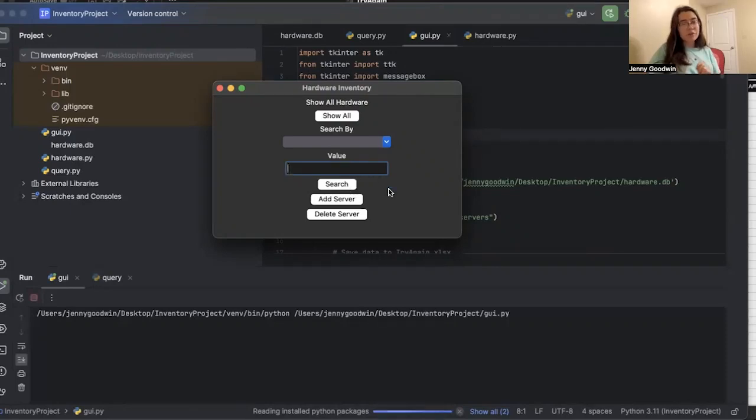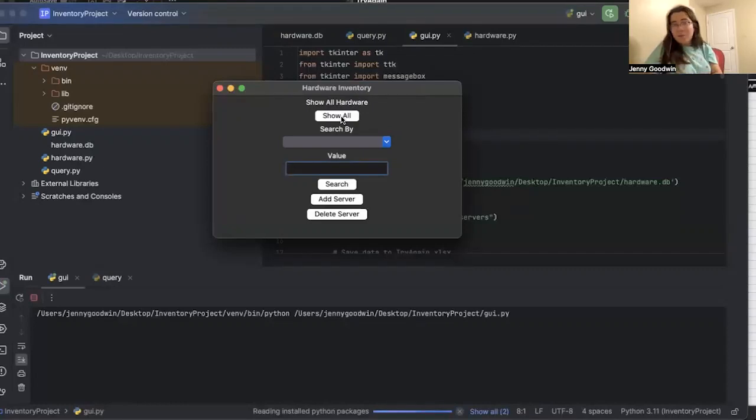And you can search and it goes. I'll show you that in a second. You can add servers and you can delete servers from this list. So right now we're just tracking servers because I just wanted to show you guys the basic outline of my project here. So first, I'll show you all my inventory because I made inventory earlier on my